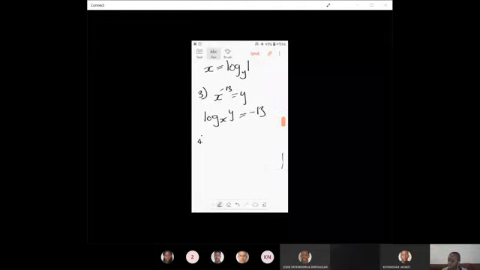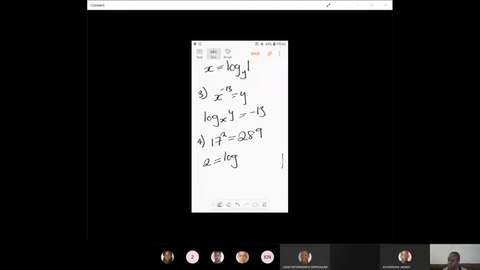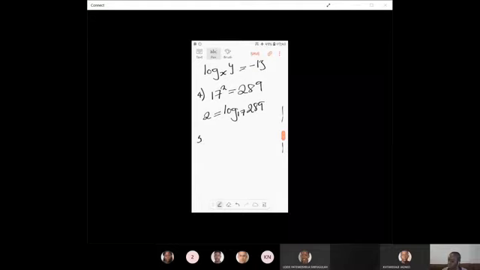Number 4, 17 squared is equal to 289. Okay, so the exponent is the subject. 2 is equal to log of the base, which is 17, and the argument, this is 289. Then number 5,